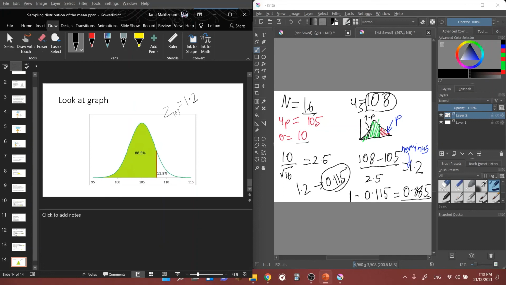Then we found the probability of getting a value of 108 or higher, which we found from the z table to be 0.115. And the final step, which is our 1 minus p, we just do 1 minus 0.115, and it gives you